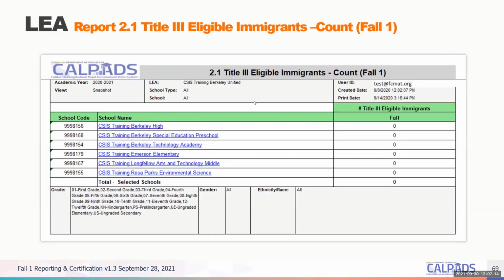And then report 2.1, Title III eligible immigrants. Kyron talked about the criteria that identifies the student as an eligible immigrant. And this is a very simple report. How many of your students at which school is an eligible immigrant? I will say, if you're trying to look at the counts on this report and they look wrong, incorrect,